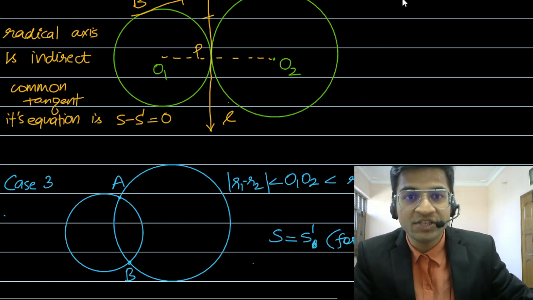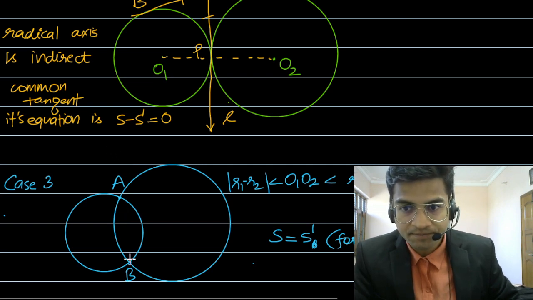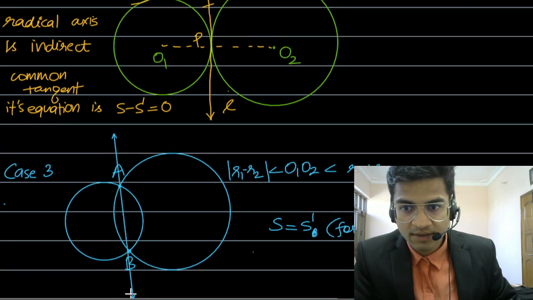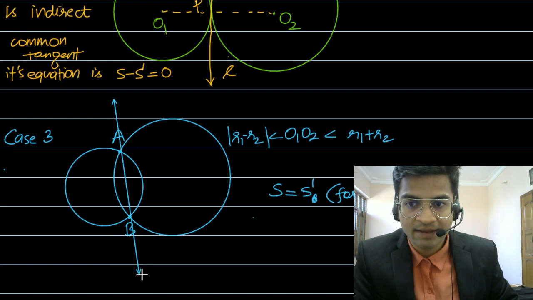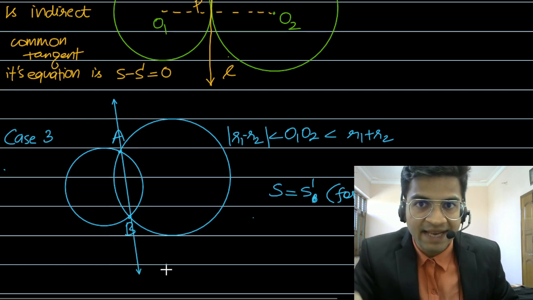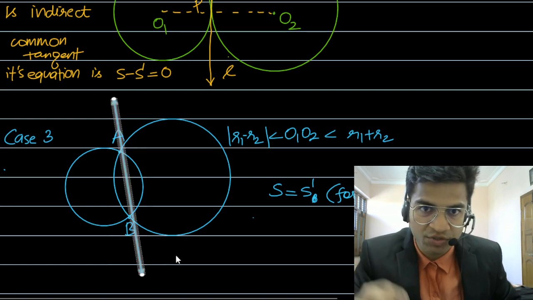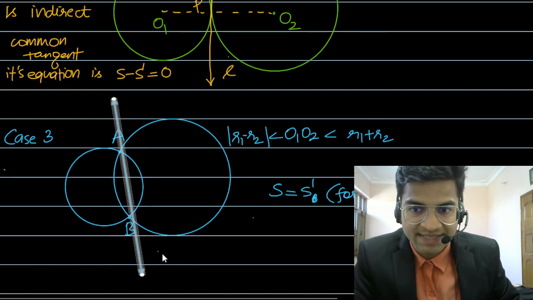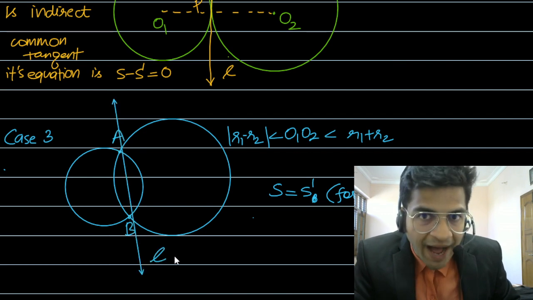And if we join these two points A and B, what we can say is, this line L has equation S minus S dash is equal to 0. Fine. This has equation S minus S dash is equal to 0, and a part of this